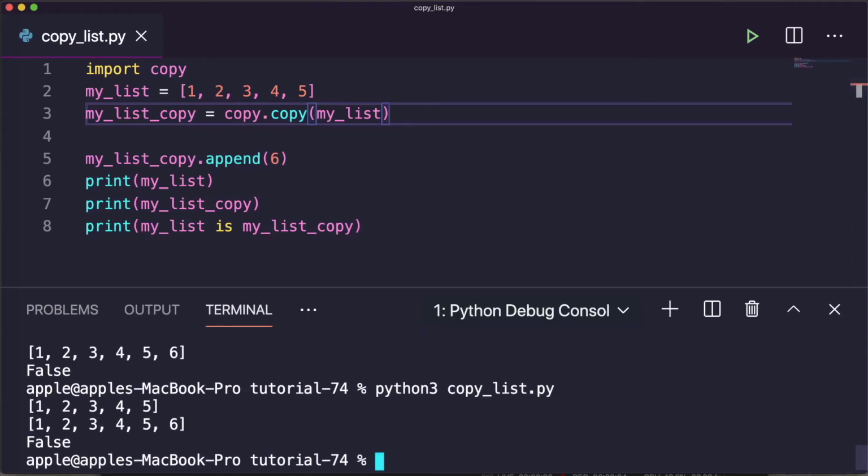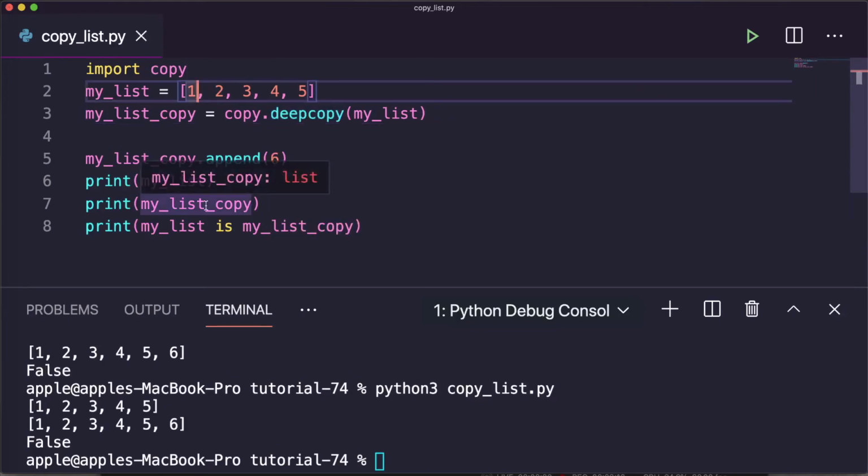Here it is, the same result, 1 2 3 4 5, and the second one is 1, because we appended the 6 here. Okay, same result, and this is false. Another best thing in the copy package is that it provides the deep copy. As we have shown in the nested list, it will work by default. So another function here is deepcopy. You can use this function and it works at almost the same level.